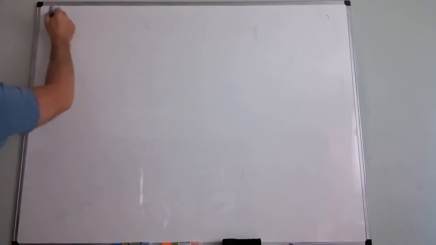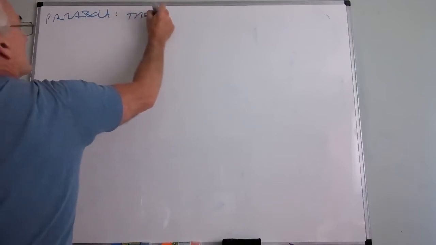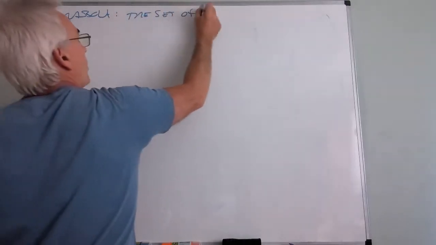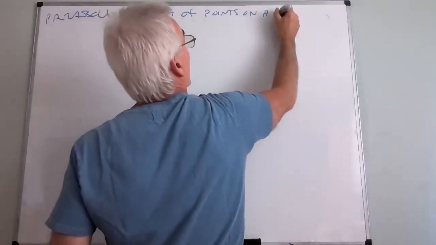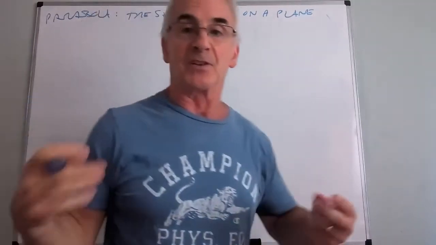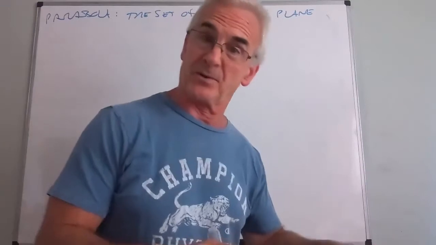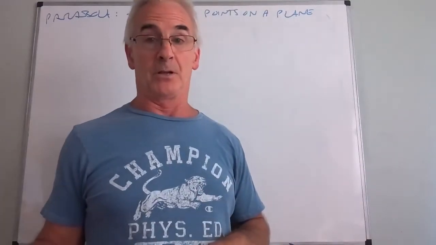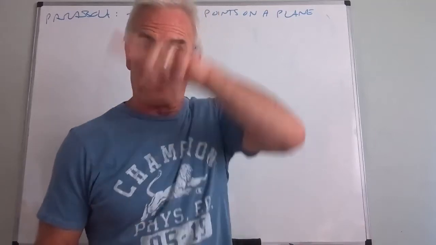Okay. Parabola. The set of points on a plane. By the way, I actually have to put the on a plane part. If I say the set of points and I give you some conditions, the default, believe it or not, is actually three-dimensional, not two-dimensional. A simple example, the definition of a circle is the set of points on a plane